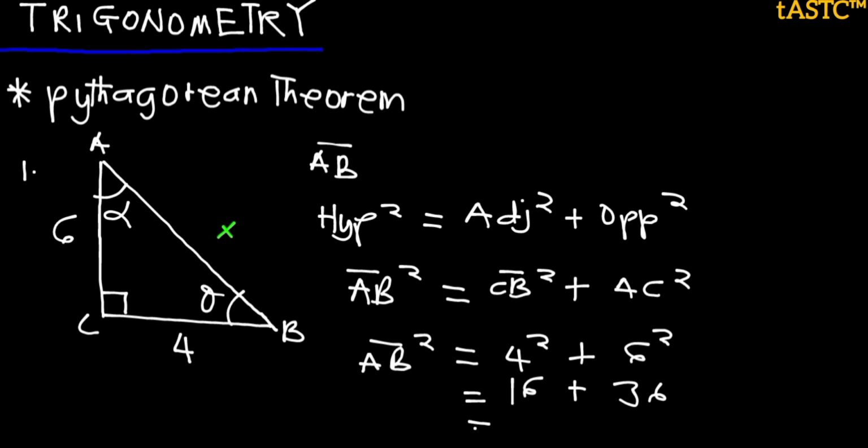So we need to combine these. Now if you have a 16 plus a 36, what is that going to give? Basically that should give you a 52. So what we got is AB squared is equal to 52. So in order to get the AB, we need to take the square root of the other side. Basically we need to take the square root of both sides. So I think I need to rewrite these up here. Now if I take the square root of both sides,